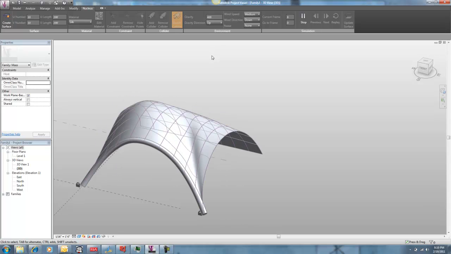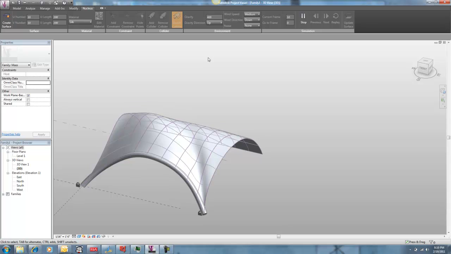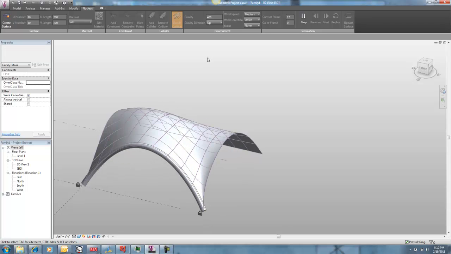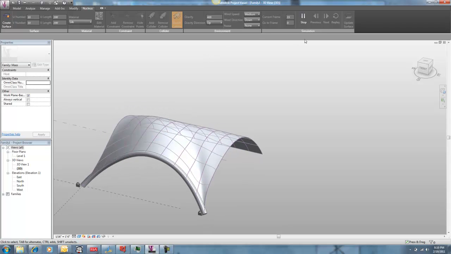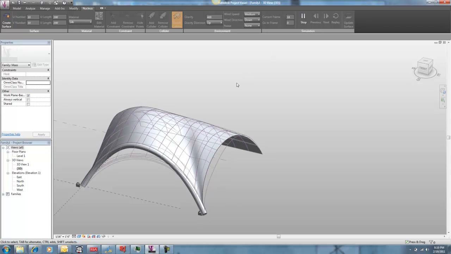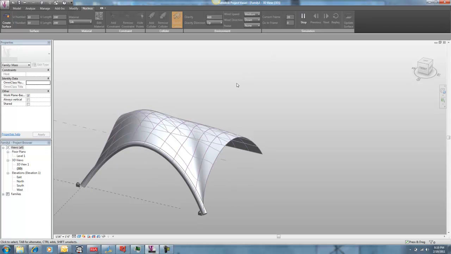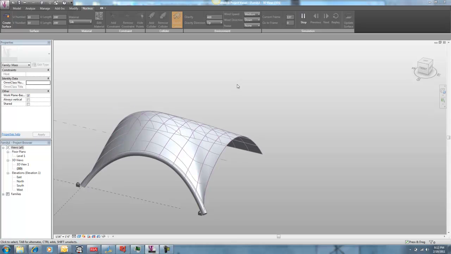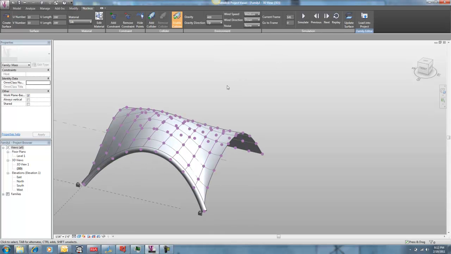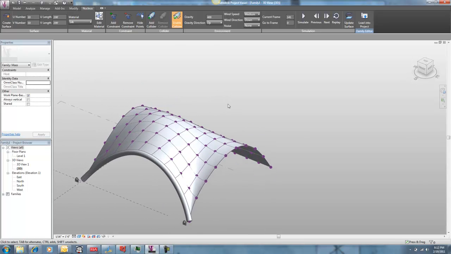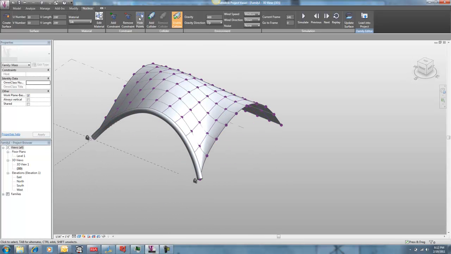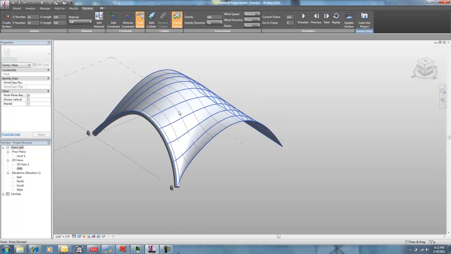It wasn't able to create the form for a moment there, but now I've got my form jiggling all over the place, and it'll run for a little while before it finds its equilibrium point. I'm going to pause my video for a second, and let's say that that's about enough. We'll go stop. So I've got my surface. I can hide those points that have shown up here by just going to hide points. Just cleans up the model a little bit so I can see it,